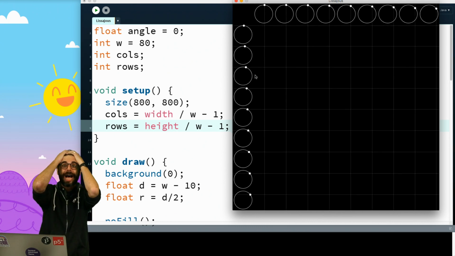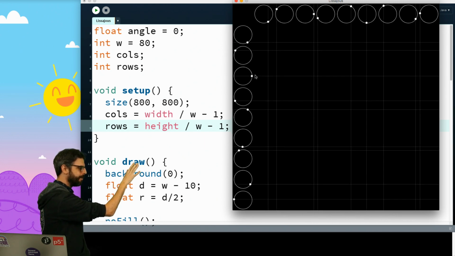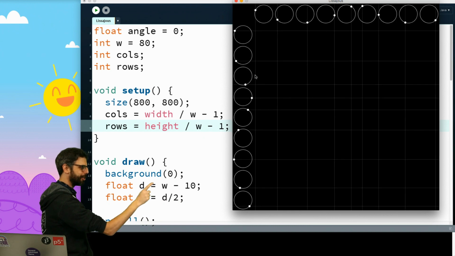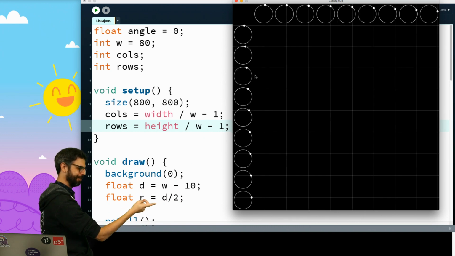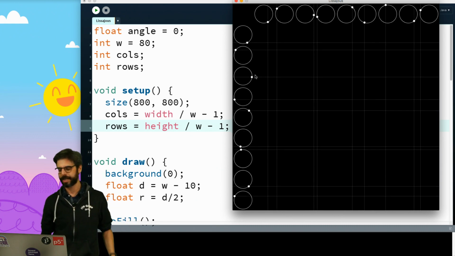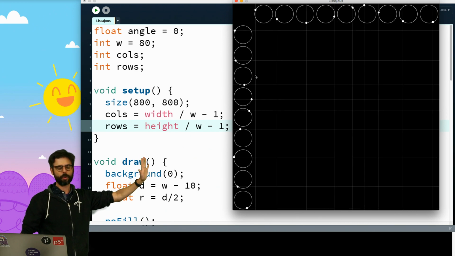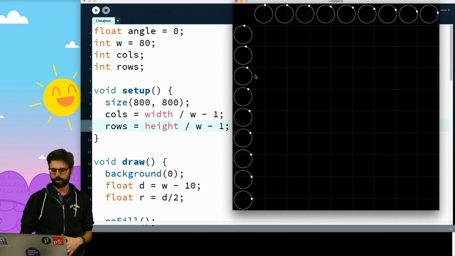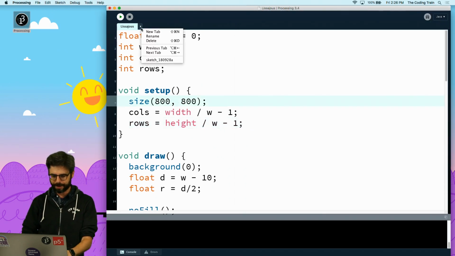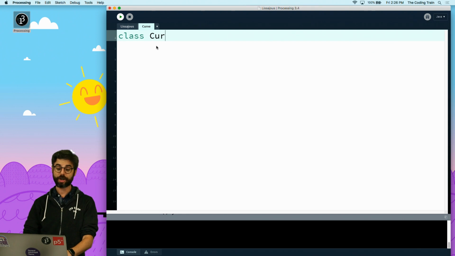All right, so now, what do I do? How do I get the curves in here? Well, I see in the chat, actually, this screams OOP. Can someone explain to me what it's doing? Me too, OOP. All right, what is OOP? Object-oriented programming. So yes, I probably should have done this. I could refactor this to be object-oriented, even this idea of the columns and rows and the objects that are there. But what I'm going to do is make a new tab in Processing, Curve, and create a curve class.